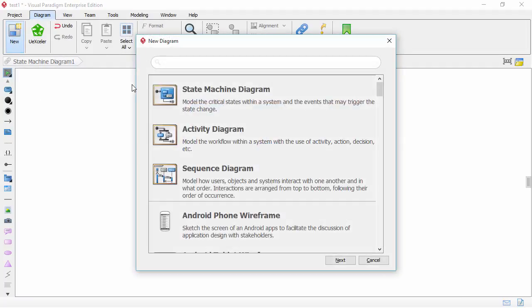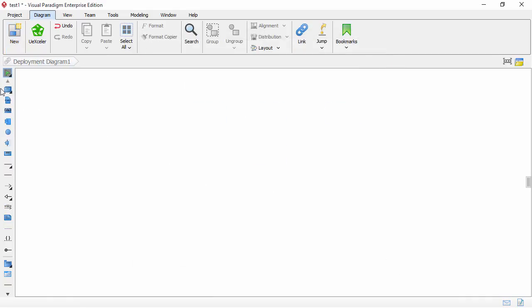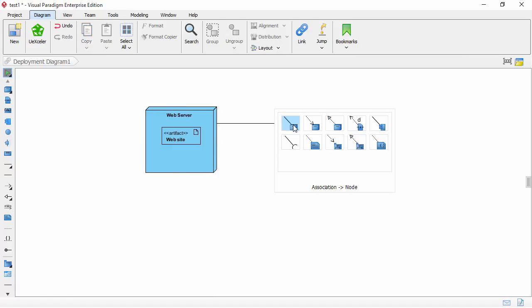We create the deployment diagram now, and we draw the node. You can name it, this is a web server, and you can resize it bigger to accommodate the artifacts. You can put the artifact, which is the website, and the web server will talk to, say, the database,